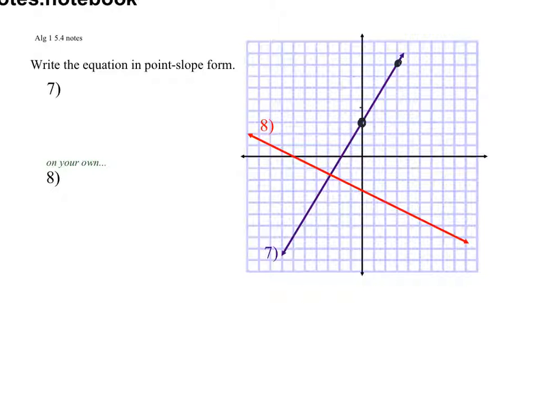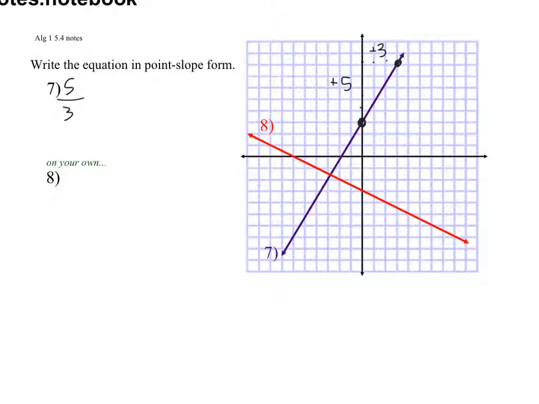So I've got 1, 2, 3, 4, 5 is my change in y, and that's a positive 5. And then I've got 1, 2, 3 as my change in x. So my slope in this particular line is going to be 5 over 3. Let's see if I can get that right. Rise over run. Okay, so my slope is 5/3, and I need a point and a slope